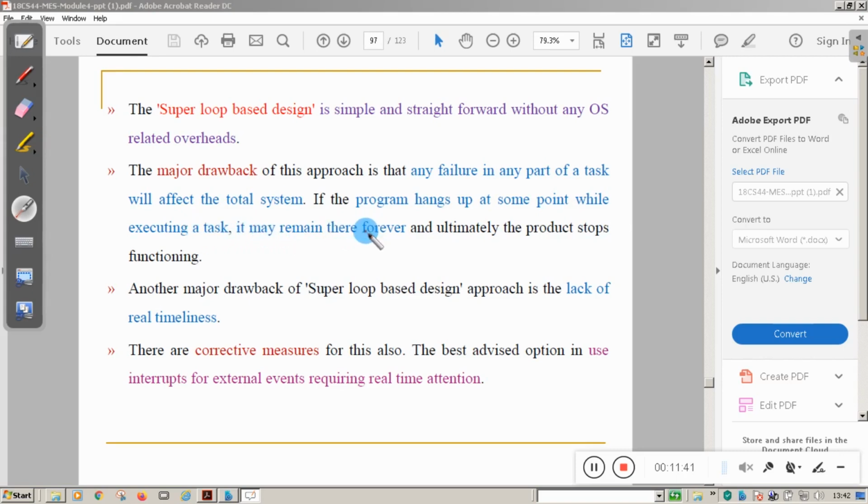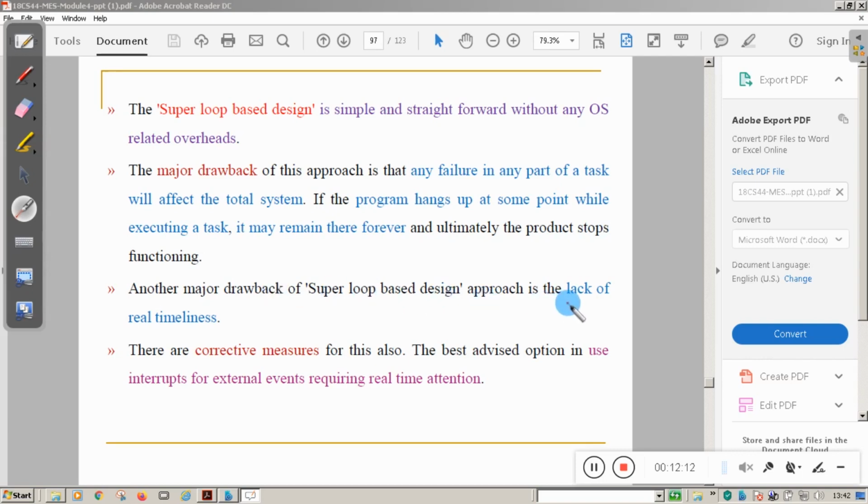So the only way is you need to reset, or you need to use an interrupt or reset method to go to the main loop. Another drawback of this one is lack of real timeliness, because this system is designed to be adopted in an area where response time does not matter.